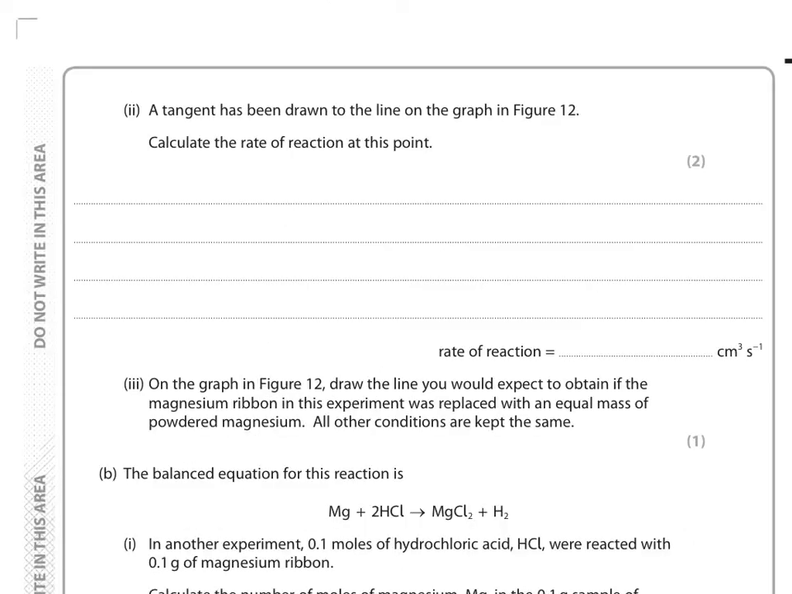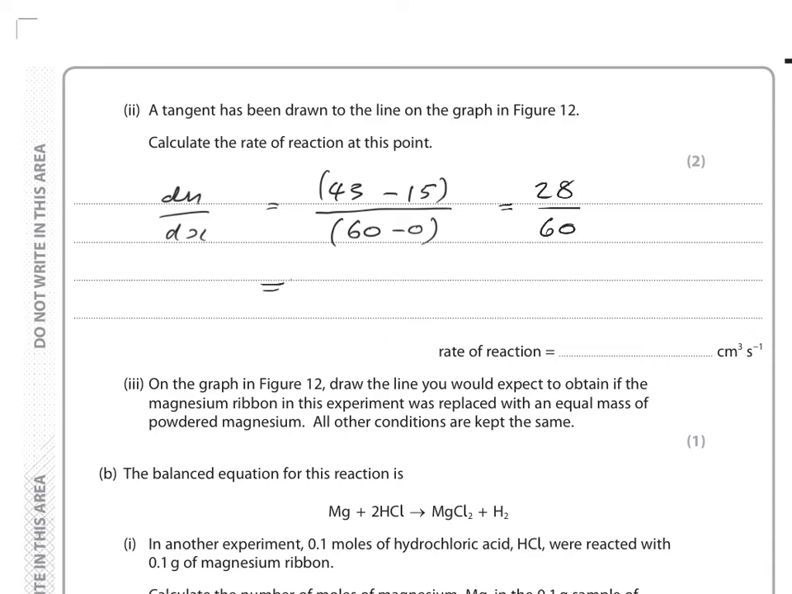Part 2 says a tangent has been drawn to the line on the graph in figure 12. Calculate the rate of reaction at this point. Well, the rate of the reaction is the gradient of that line, and you calculate the gradient by the change in y over the change in x, and the change in volume at y equals 43 minus 15 over 60 minus 0. So that gives you a value of 28 over 60, which is equal to